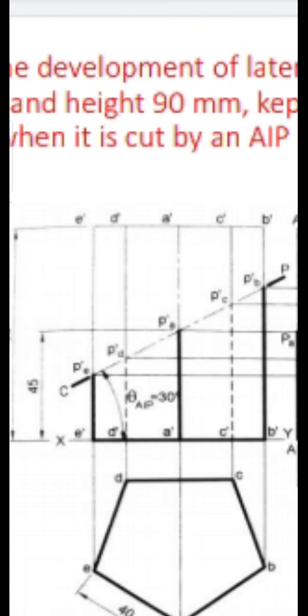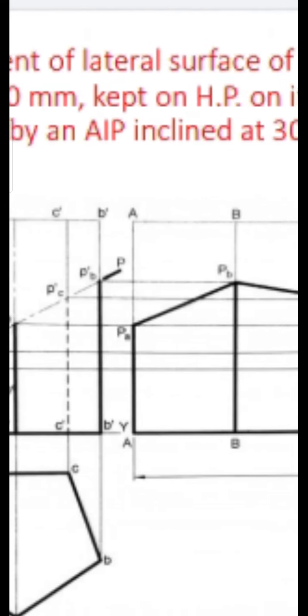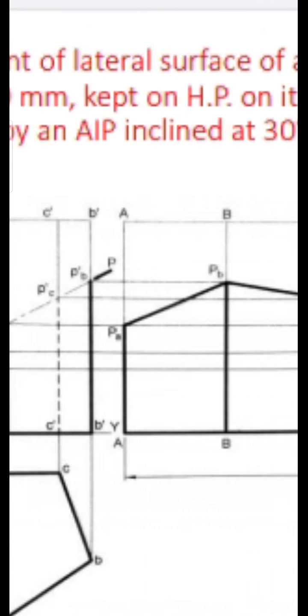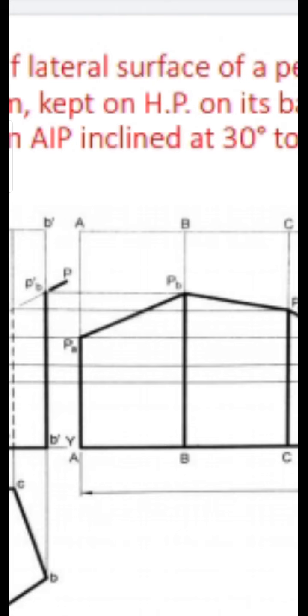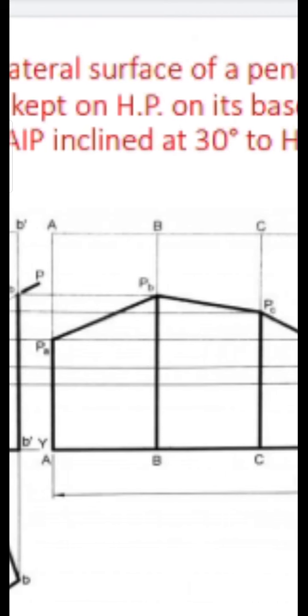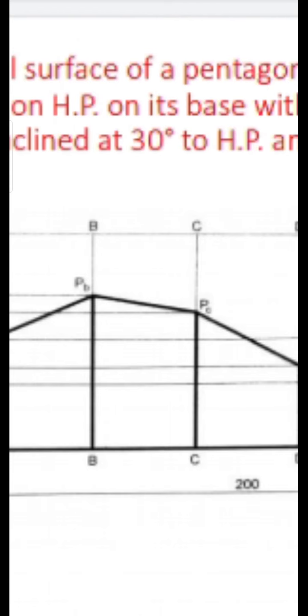Next, how to project this cut section in your DLS. That is the important point. See here, start from each point. This is the point P dash B. See the point BB. Project P dash B on the BB, that is marked as point PB. Next point is P dash C. Project the P dash C on the CC, that is the point PC.